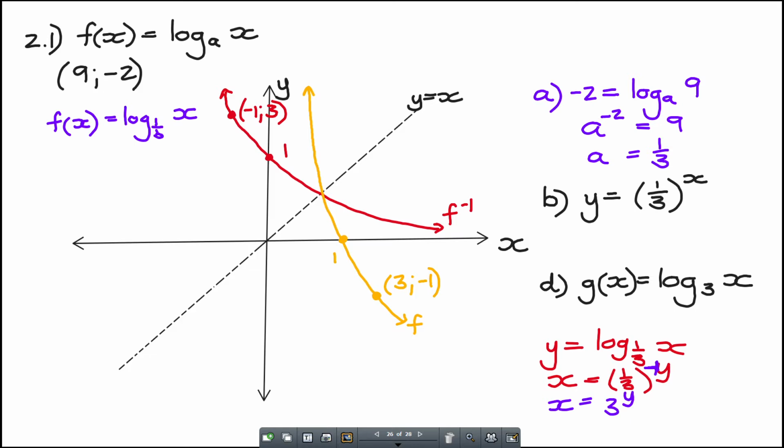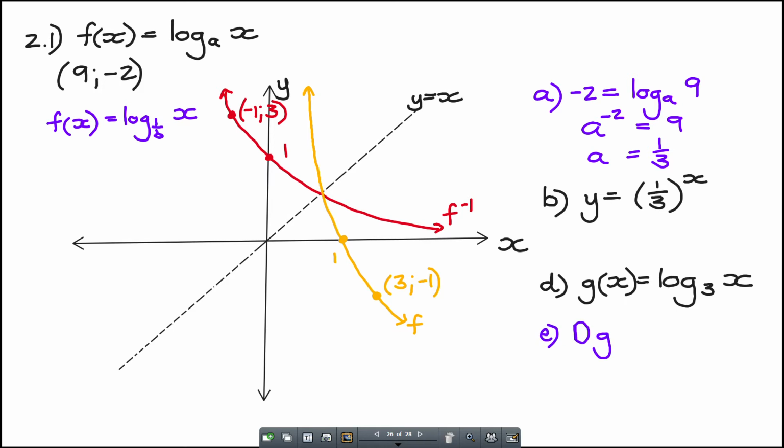E asks for the domain of g(x). Okay. So E. The domain of g will then be x must be greater than 0. Okay. But